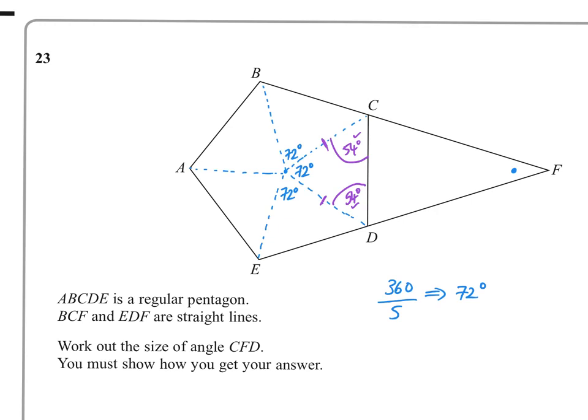Now, if that's 54 degrees here, because this isosceles triangle and this one, they're all the same, then I know that this one's 54. Now 54 and 54 is 108, which leaves 72 here. Now there's a definite pattern with all the regular polygons, and that this centre angle is the same as this